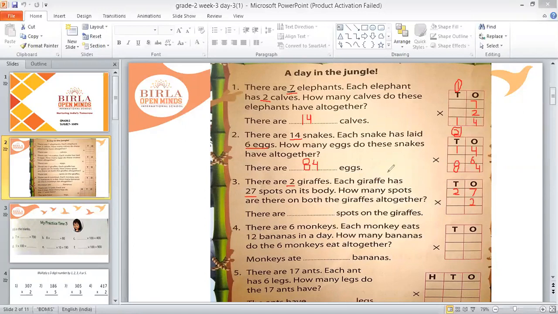Ma'am. Yeah, tell me which number table we will recall? Two table, ma'am. Very good. We'll recall 2 table. So tell me 2 sevens are how much? 40, ma'am. Very good. 2 sevens are 14. So we will write only 4 in ones place and 1 will go as carry over in tens place. And children, do not forget to write these carryovers also.